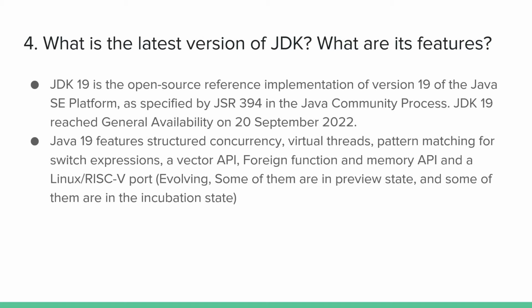JDK 19 is the open source reference implementation of version 19 of the Java SE platform, and it's the latest, and it has come out in the market. It has come out for general availability on 20th September, quite recently, and many features are included, which include structured concurrency, virtual threads, pattern matching for switch expressions, a vector API, foreign function and memory API, and